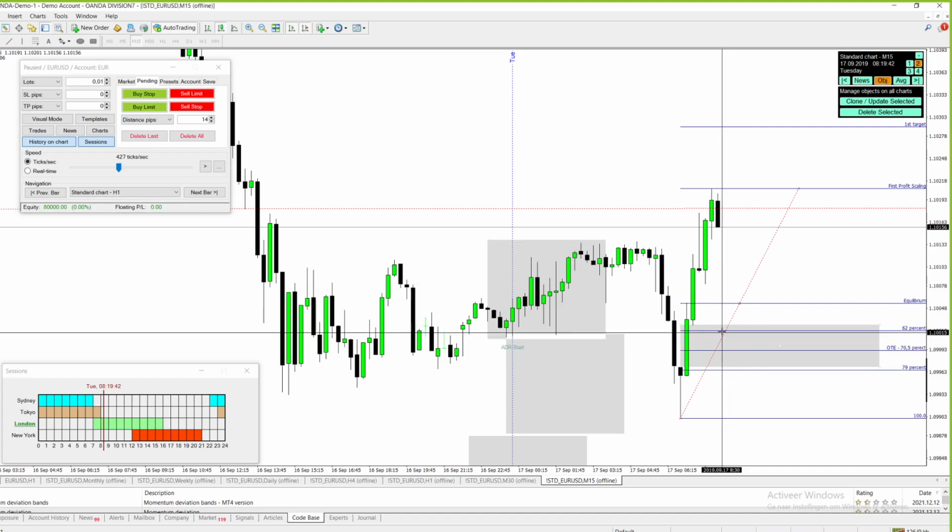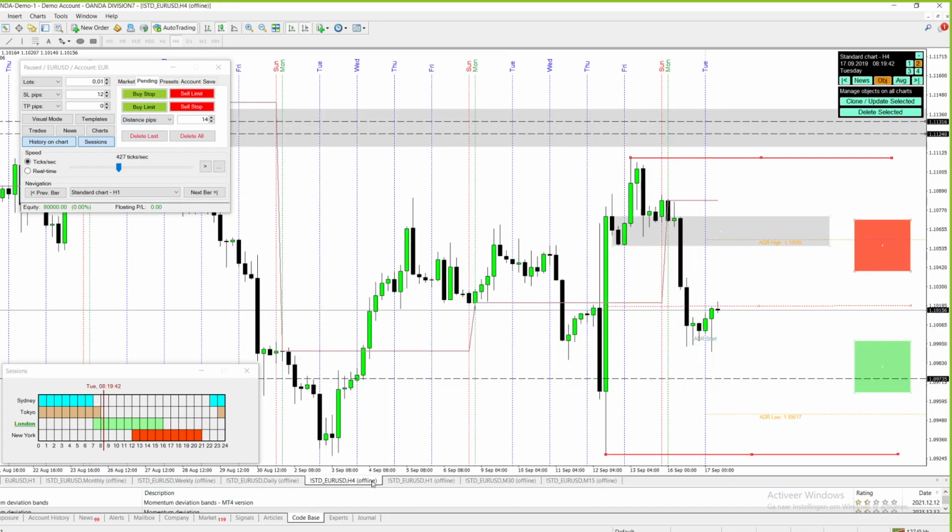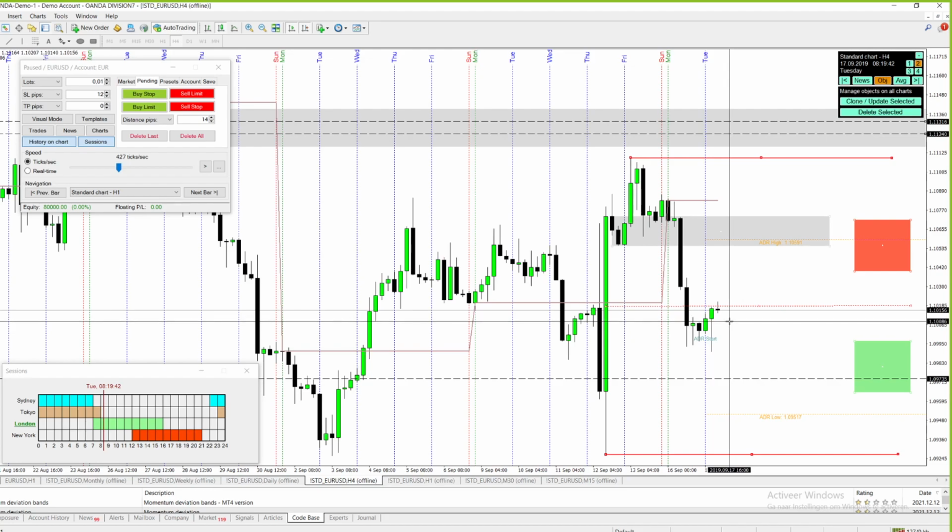14 pips, and then a conservative stop loss would be down here, like 12 pips. So let's just be conservative. Eventual target where we want to see sells. That's like